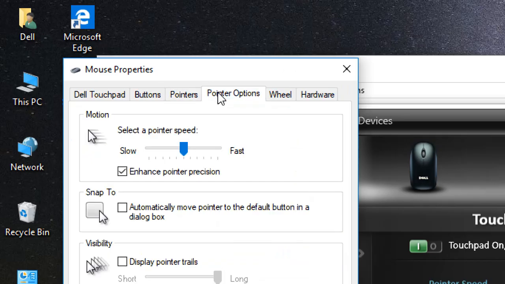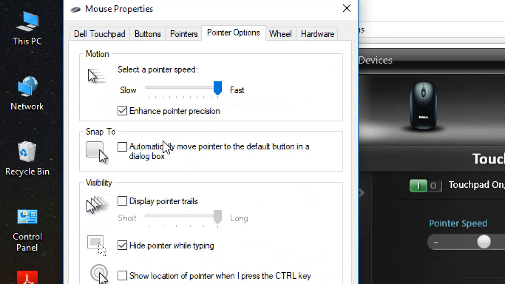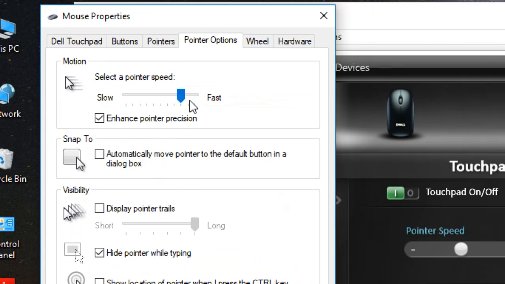Now go to the pointer option. Select the pointer speed, how fast your pointer will go. Look how fast it is working, right? Make it medium or slow. See, my pointer is going very slow, right? You can see how slowly it is going. If I want to go to the pointer option, it will move very little because I changed my pointer setting to very slow. So keep it at medium, not too fast, not too slow. Now see, normally it will work, it easily goes to the pointer option.